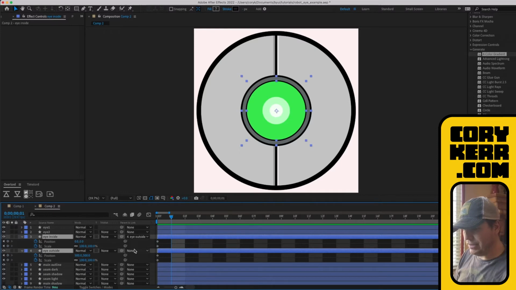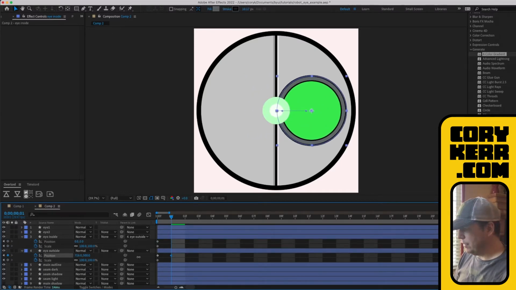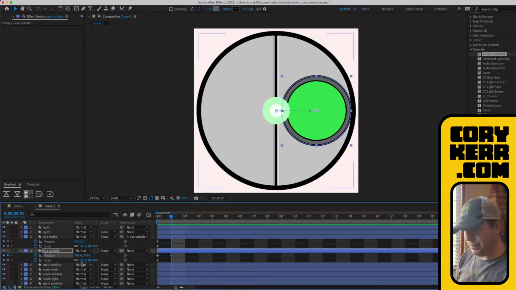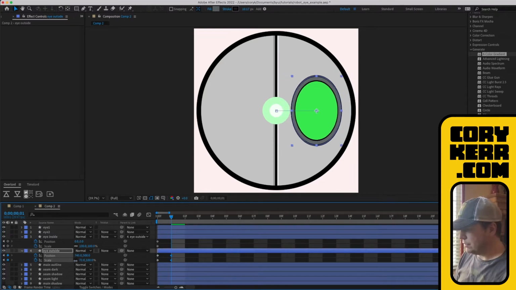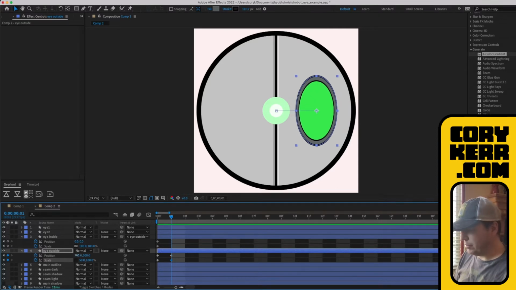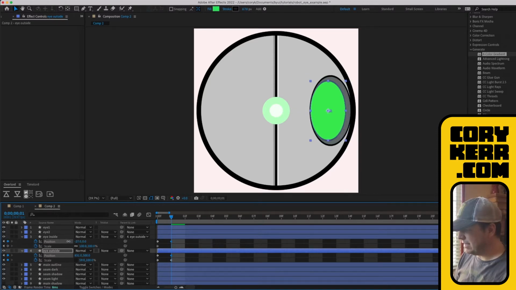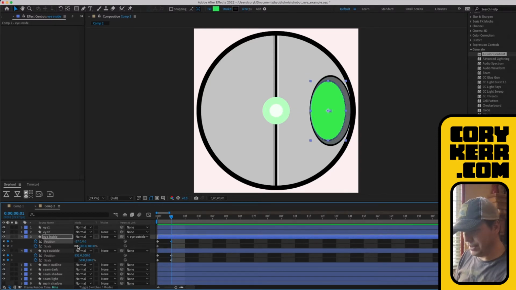I'm gonna go to the next keyframe, and I'm gonna move this to the right. So as I move this to the right there, okay. And then I'm going to scale it. So it scales down, move it further to the right. I'm just going to move it all the way over to the edge here. Okay. And then I'm going to adjust the position of that as if it's kind of like recessed in a little bit. Okay. And I might make it a little bit thinner as well, just so I can recess it a little bit further.